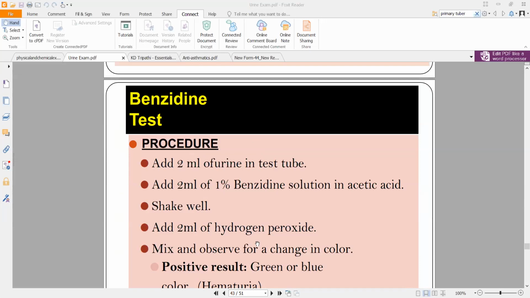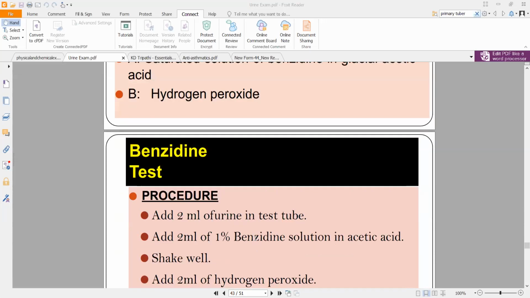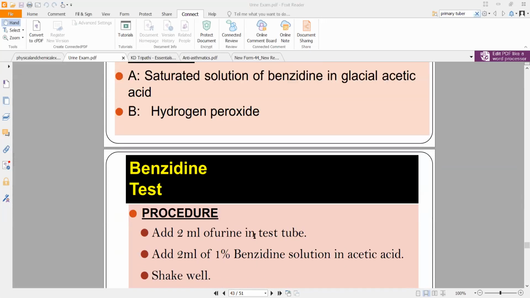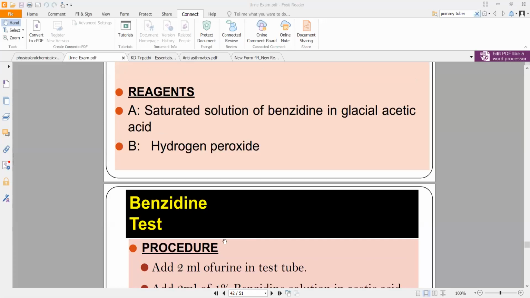What you are doing is you take a little bit of urine, you add 2 ml of benzidine solution in acetic acid, meaning that benzidine solution itself has a little bit of acetic acid mix in it. When you add this, shake well, you add a little bit of hydrogen peroxide. After you add it and mix it, in a little while, okay, a couple of minutes, you will immediately see a change in color. So after adding all of this, the color of that solution will turn from green to blue. This is a positive reaction for hematuria, meaning if the color changes to blue, it will indicate that the patient has more than 5 RBCs per HPF. So excessive amount of RBC, there might be some underlying cause.